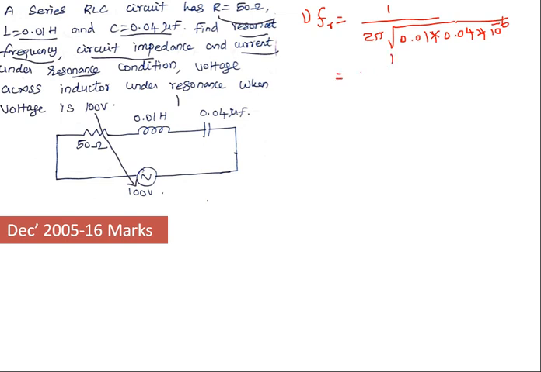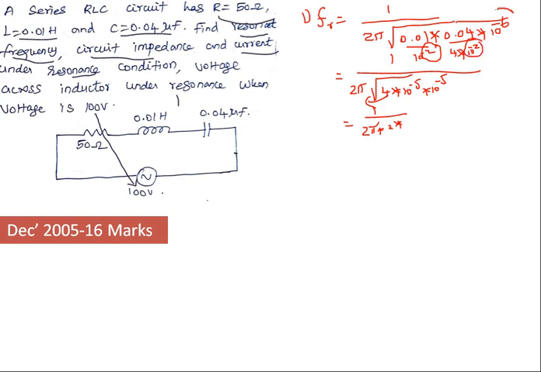So which is equal to 1 divided by 2 pi, which is equal to 10 power minus 2, 4 into 10 power minus 2. So minus 2 minus 2, 10 power minus 4, 10 power minus 10. So within bracket 4 into 10 power minus 5. So which is equal to 1 divided by 2 pi, root of 4 is equal to 2. Here 10 power minus 5 into 10 power minus 5, because the term is 2 plus 6. So minus of 2 minus of 2 minus of 6 minus 10.